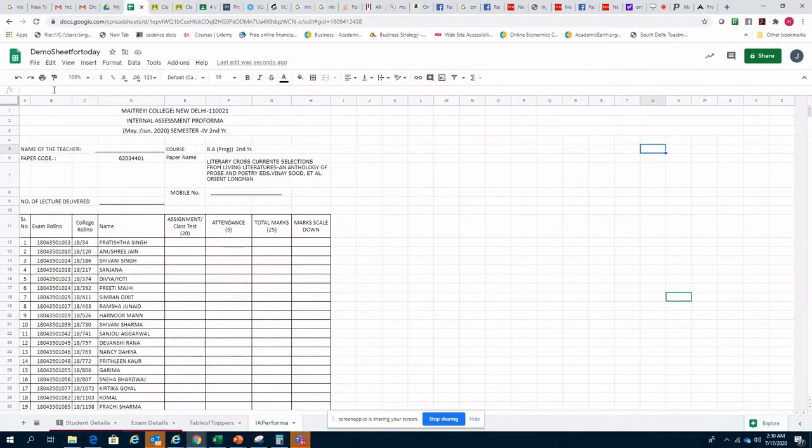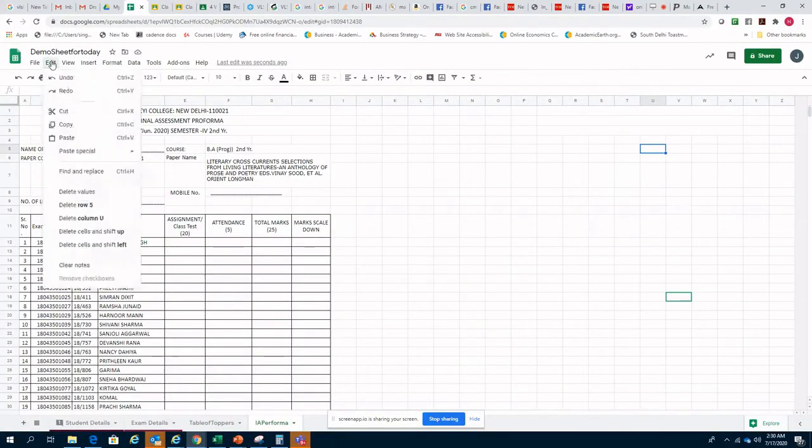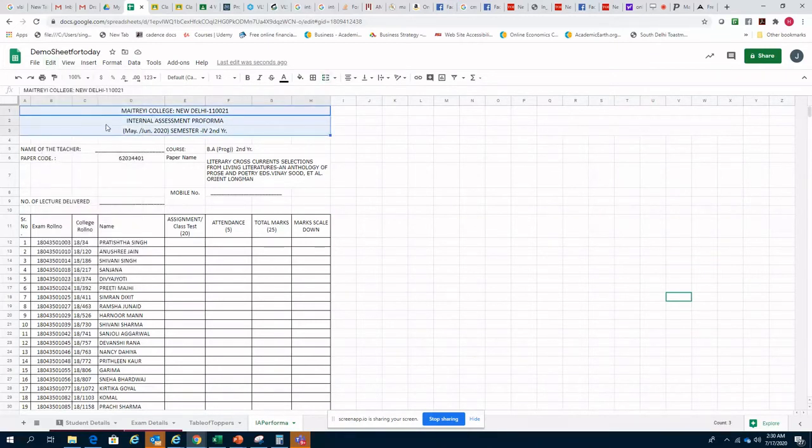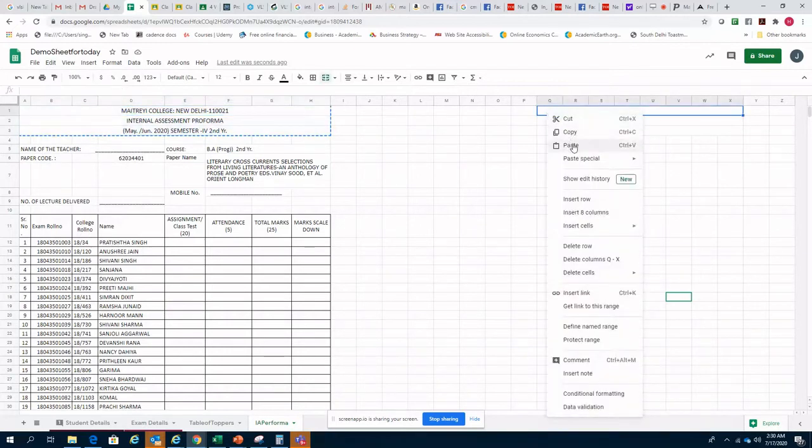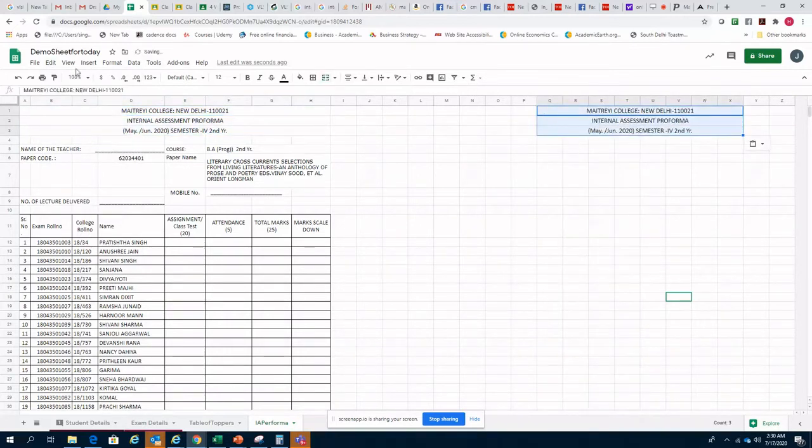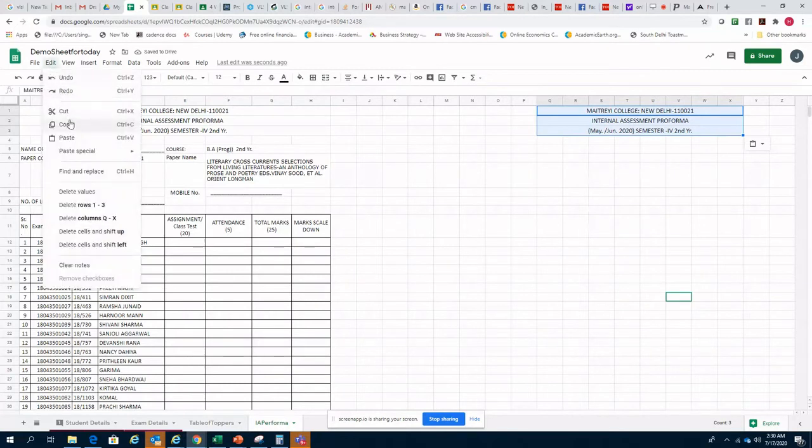Another tab in Google Sheets is Edit. It has some very basic functionality of cut, copy, paste the text, undoing and redoing the work. So for example, I select these rows, and after selecting these rows, I say Edit, copy, and I paste here. So I can select it, I can say copy and then paste in some other cell area.